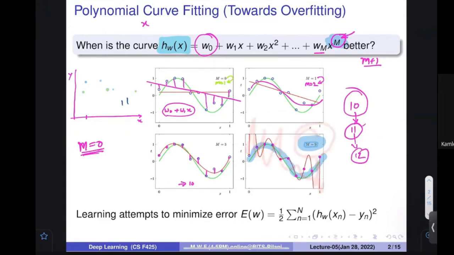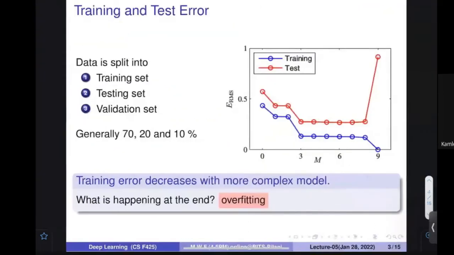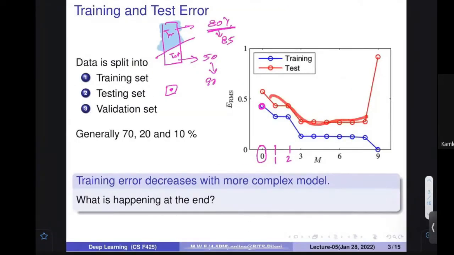So therefore, for the points which I did not use as training ones, the error is going to be very high. And that's why this kind of behavior is shown, that after some time this is going to increase very much. Once again,